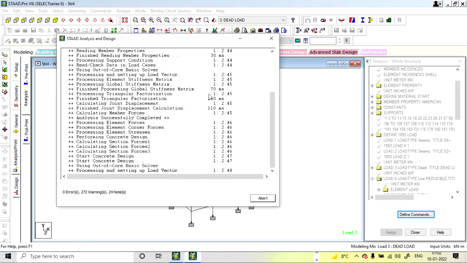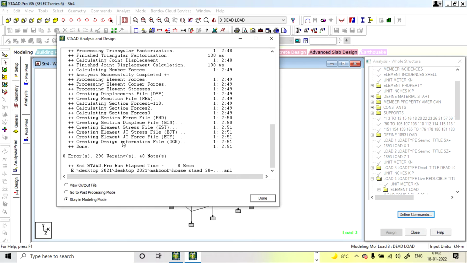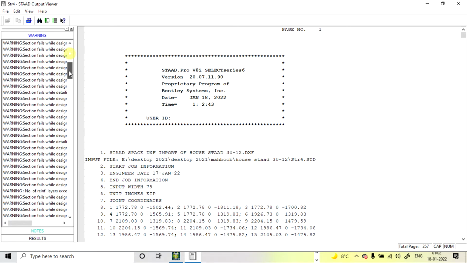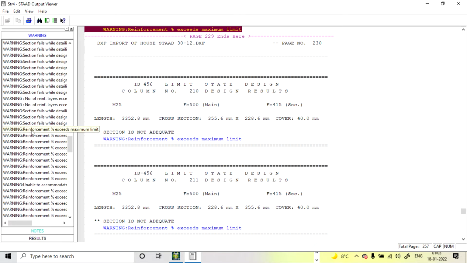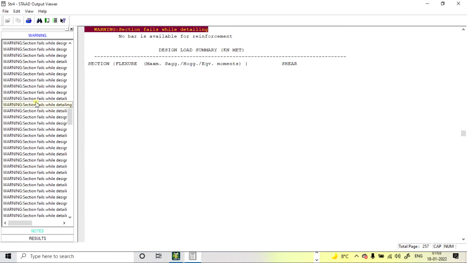So here we can check how much of our structure is passing or failing. Here some of the sections have not passed. Reinforcement exceeds maximum limits, column number 29.